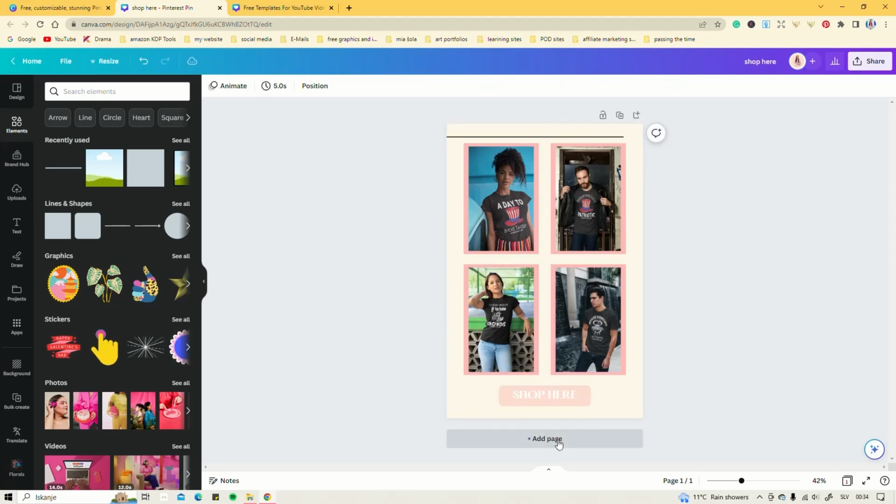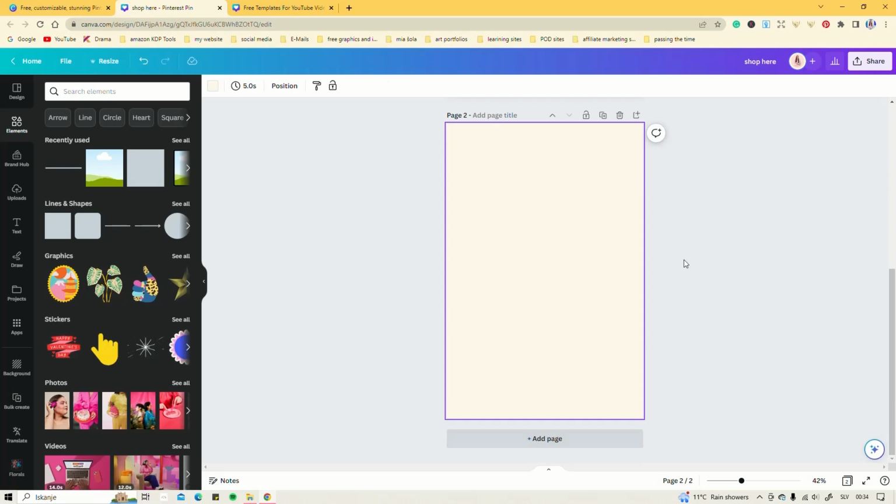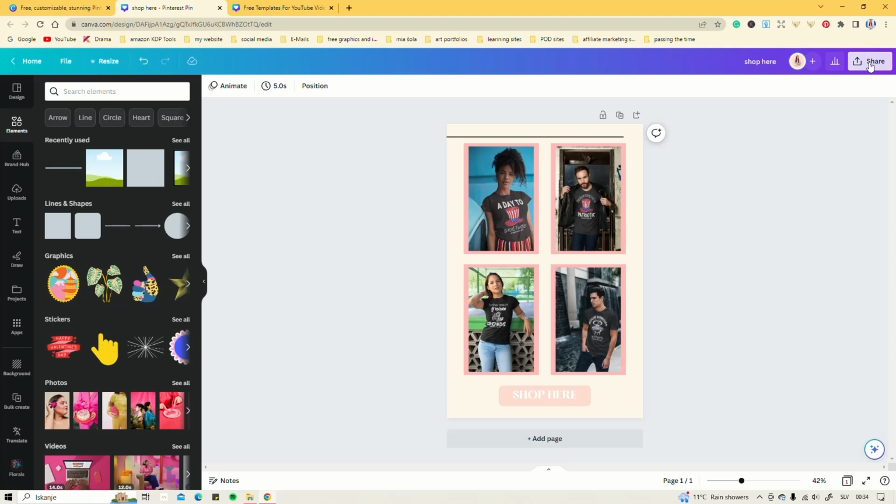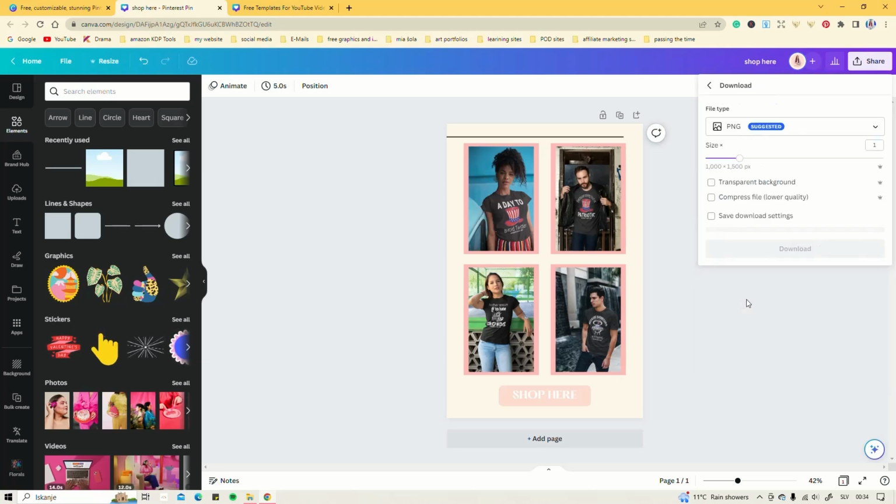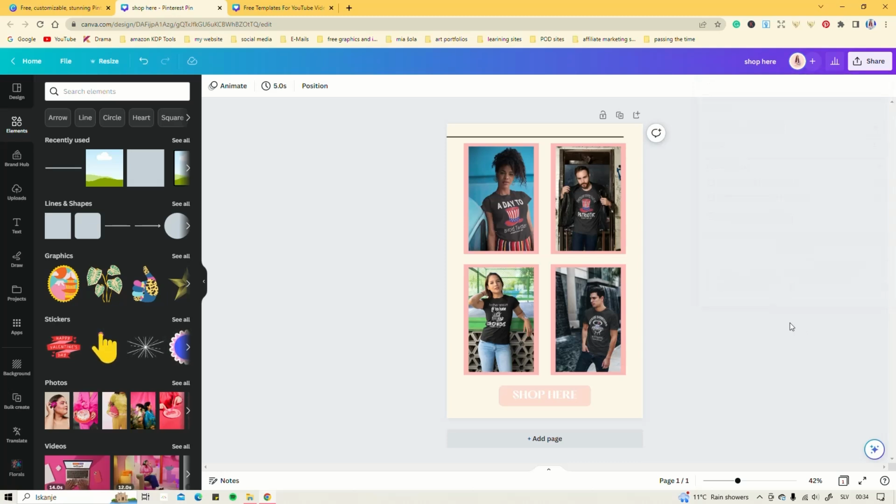This is the pin. Now if you're gonna schedule this in Pinterest, I suggest you create all the pins that you're planning on posting or scheduling here in one document, just by adding a page, creating a different one, and then go to share, download, PNG, and download. And then you can transfer it to Pinterest. But since we are going to